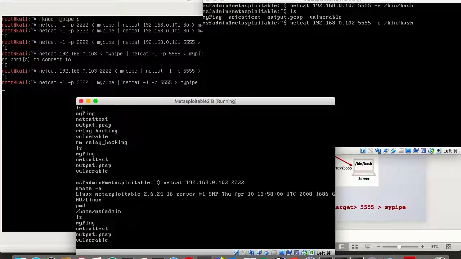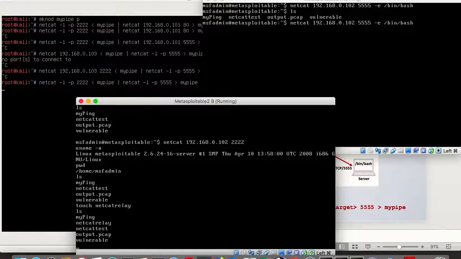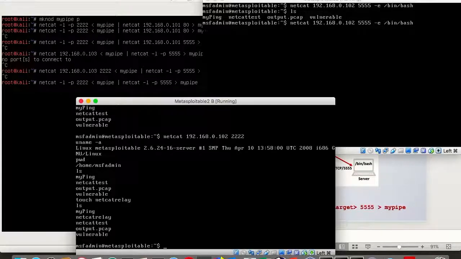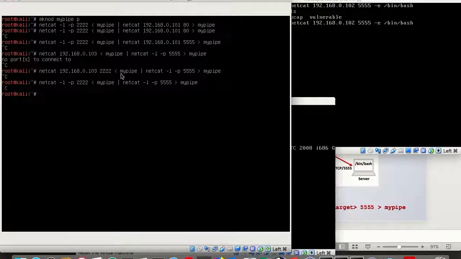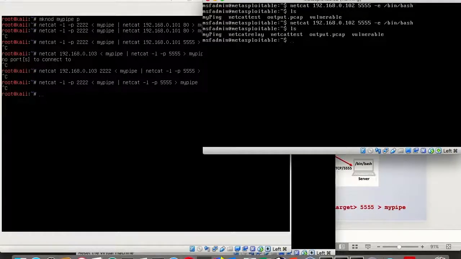If I type ls, I can see the files. I can create a new file now. So I can type touch netcat relay, and then ls, I can see it being created. Then if I close it over here, and then here, I can see netcat relay being created successfully.